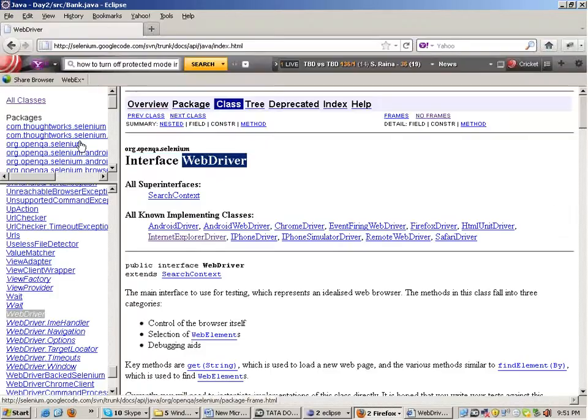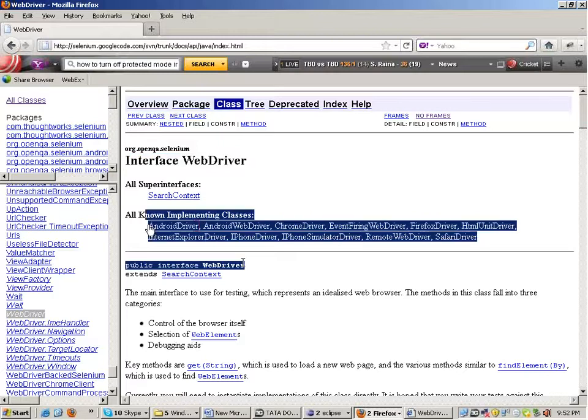The implementation will be different. Similarly, the functions which are present in WebDriver will be present in the drivers which are mentioned out here, in all these drivers.